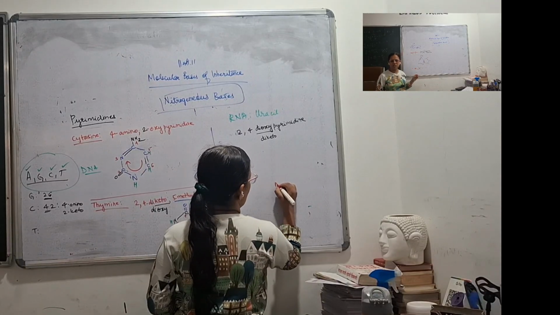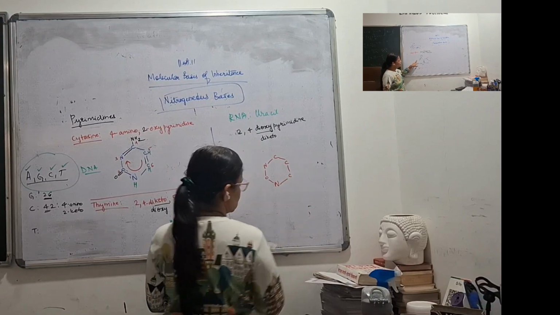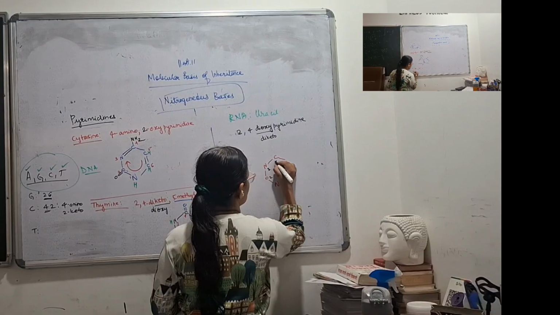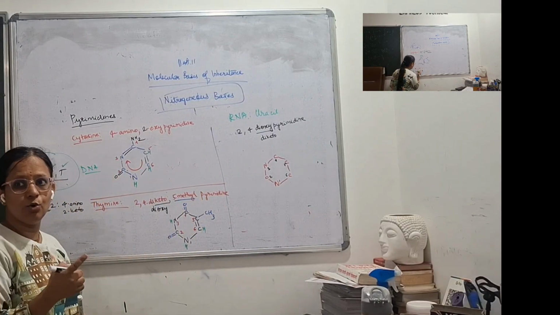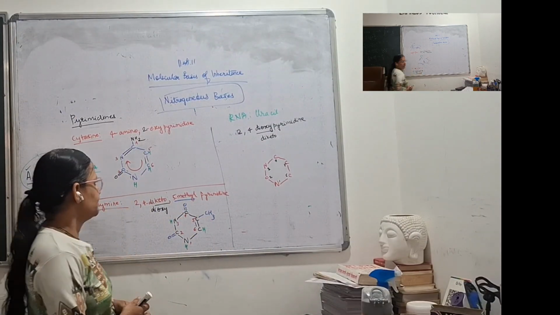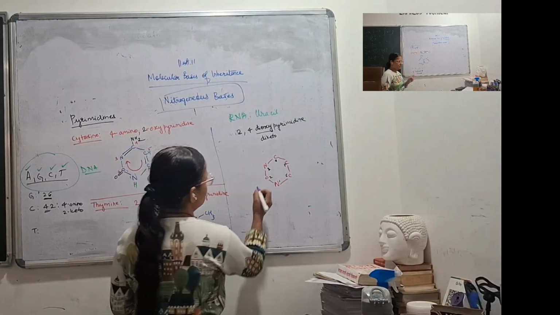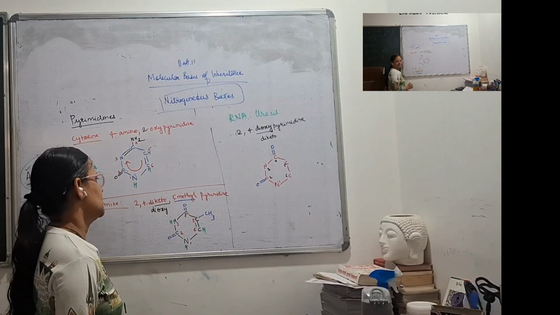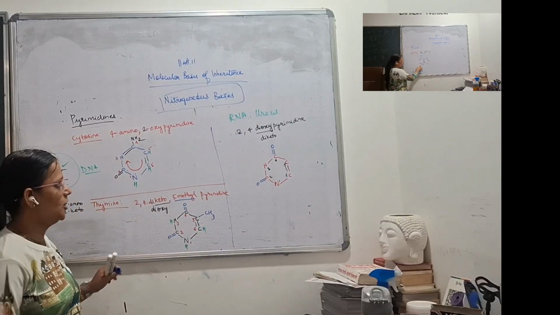See, 1, 2, 3, 4, 5, 6. So start numbering from nitrogen 1, 2, 3, 4, 5, 6. I am numbering anti-clockwise. Here also we are starting with N1, but the direction is opposite. Now 2,4-diketo. Simple now. On carbon number 2, you have a ketonic or oxy group. Carbon number 4, you have this. And you will have only one double bond over here, same as in the case of thymine.